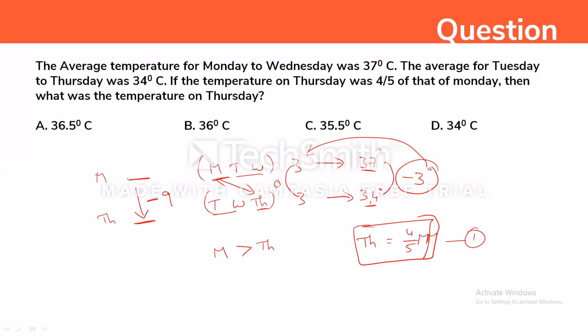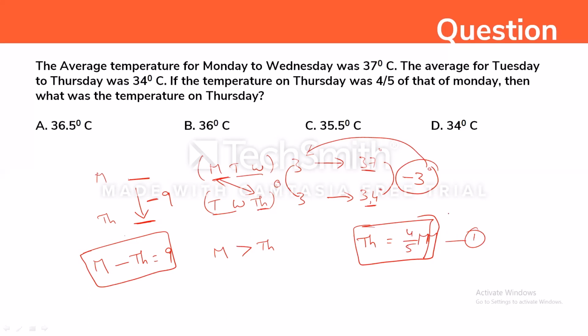Monday's temperature is more than Thursday's. How much more? It is 9 more. From this logic, Monday's temperature and Thursday's temperature difference is 9. Without writing this condition, we can't find the value. Here I'm writing 9 because the Monday and Thursday temperature difference is 9. That's what we found by using our shortcut. And one more